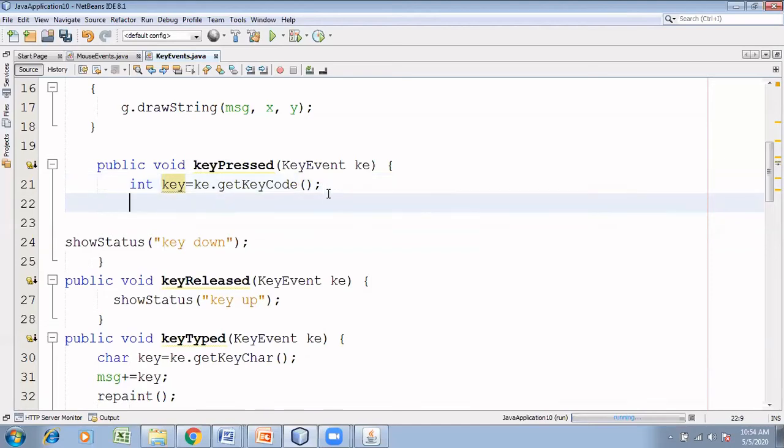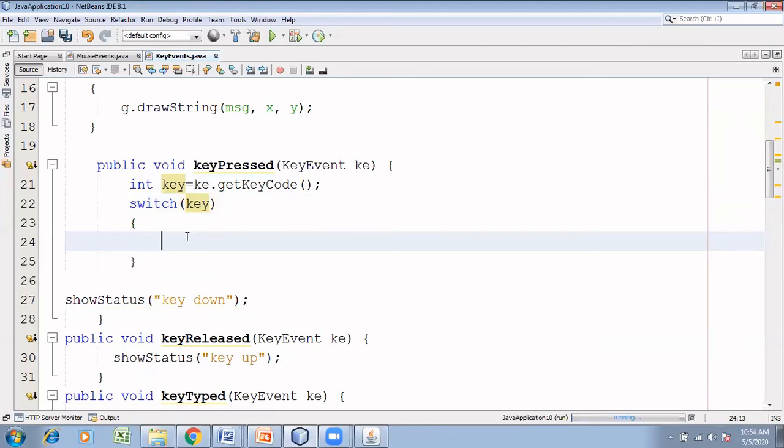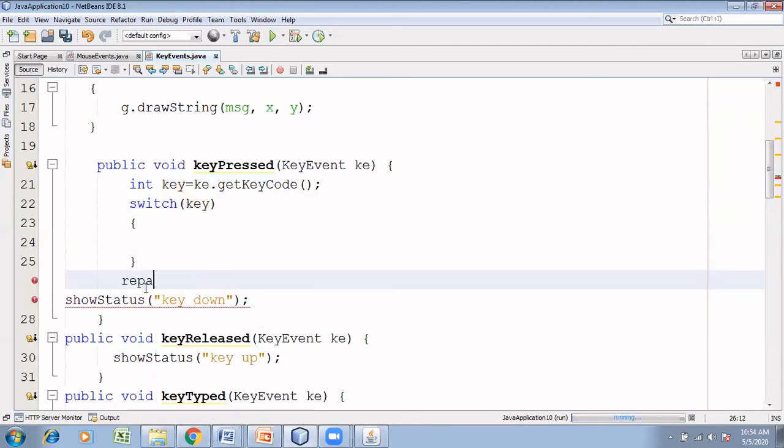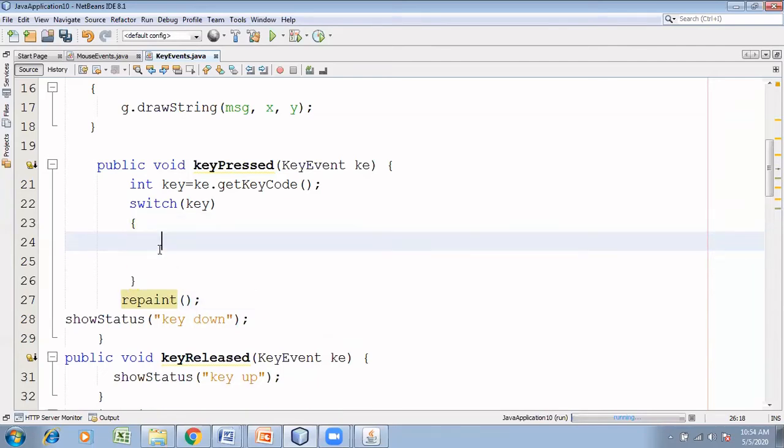Then there are multiple conditions. I want to handle shift, alt, left arrow, all that. So I'll use a switch control for that. So switch of key. After the switch, I want to call the repaint method again because I'll give a new message. So I'll call the repaint method. Now, within the switch, my first case is going to be case,